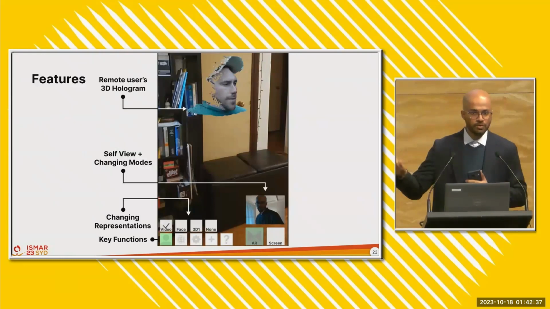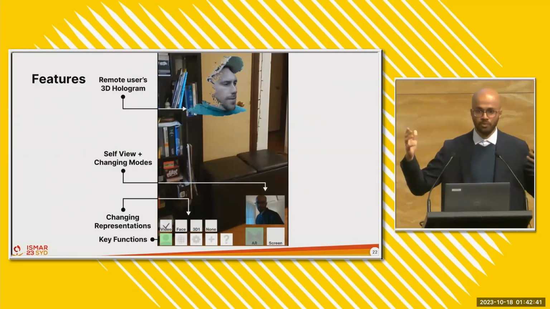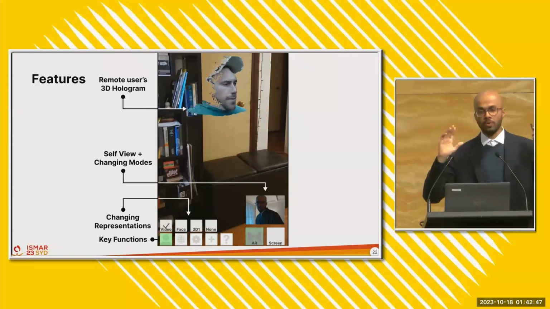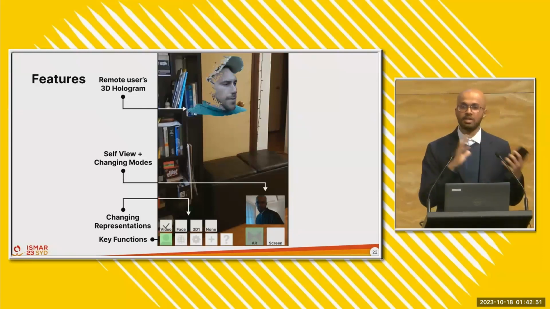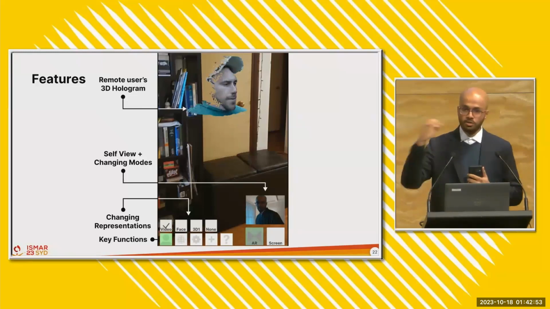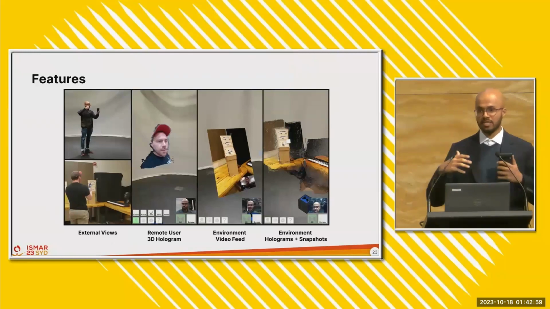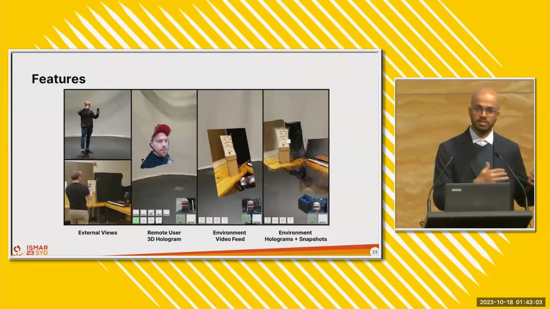A quick overview of some of the features of the application. What you see here is a screenshot from the UI, where you see a 3D hologram of Torin floating around. From this, I hope you get a sense that we're able to transmit and reconstruct facial representations to a reasonable level of fidelity, though the GIFs before this showed fairly flat representations, which I'll talk about, because we can, in the system, share information about self and surroundings, both in 2 dimensions and in 3 dimensions.